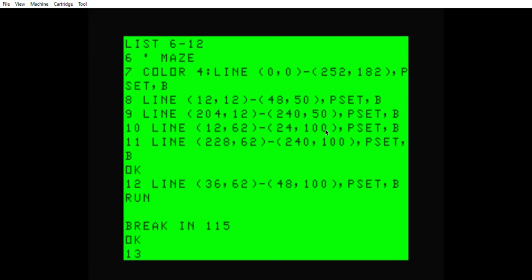So I need to do the same 1/3 ratio. We already know what the Y values are. That's not a problem. Now these are the 2 original boxes on the outsides. So this was the one on the left, and this is the one on the right. So I need to take 12 from 228 and get 216, 62 to,